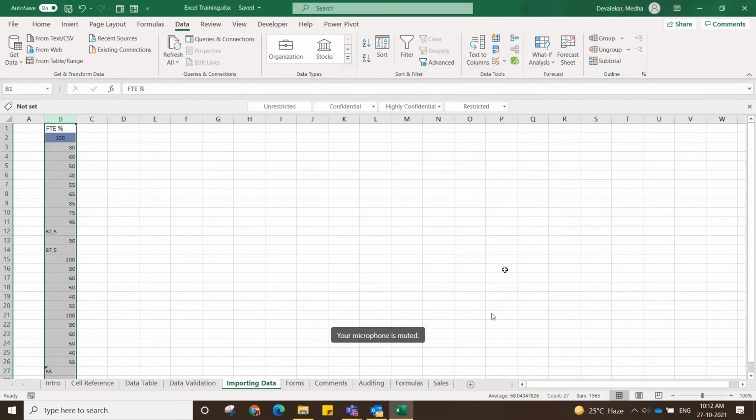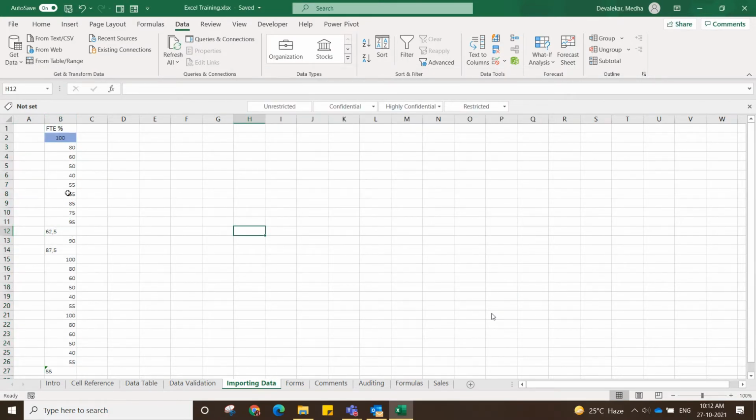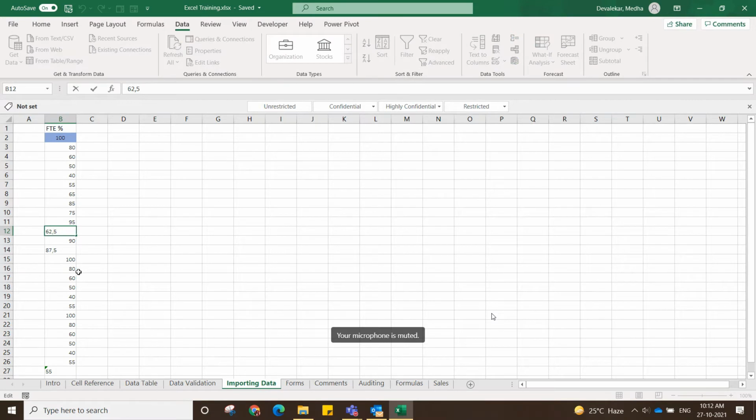Okay, and finish. Then you can see the numbers written in text format got converted into number format, right? Here it still shows like this because there is a comma in the value, but our system takes dot as a decimal separator.